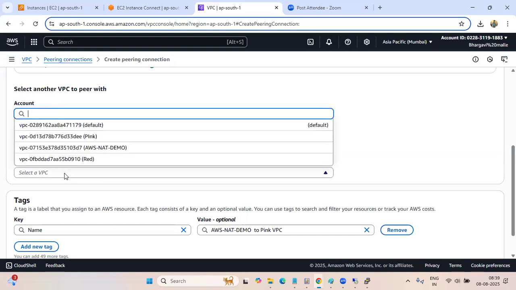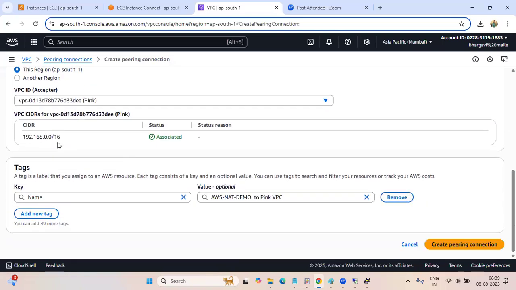Then which VPC ID are you going to peer with? So I'm selecting the pink one. So this is done. Once it is created here,